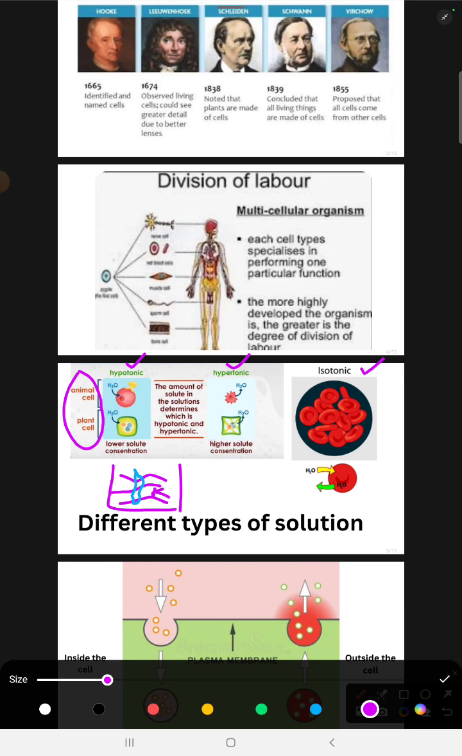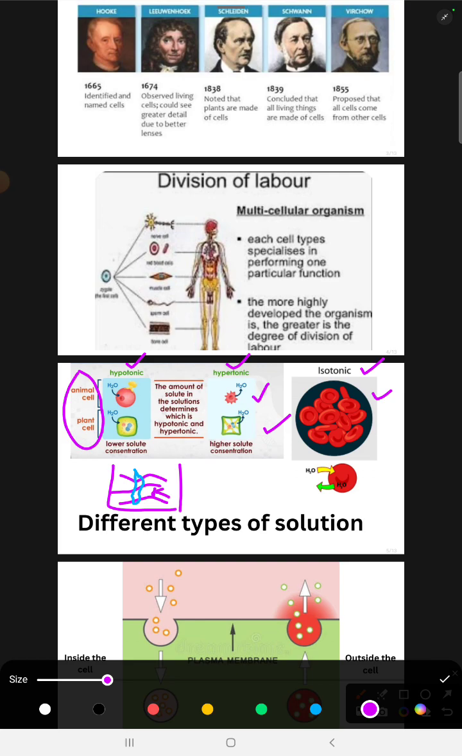On the other hand, in a hypertonic solution, the cell has more water and the outside environment has a lesser amount of water, and in that case the water oozes out or comes out of the cell, whether it is a plant cell or an animal cell. In an isotonic solution, the cell will neither give out nutrients and water, nor will it accept nutrients and water